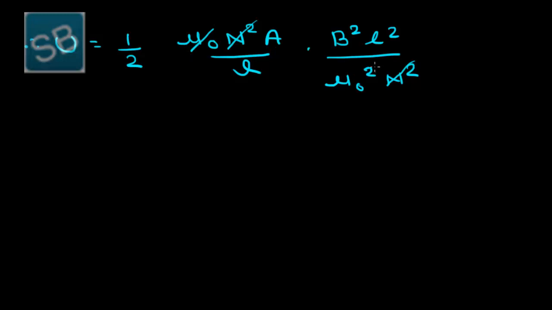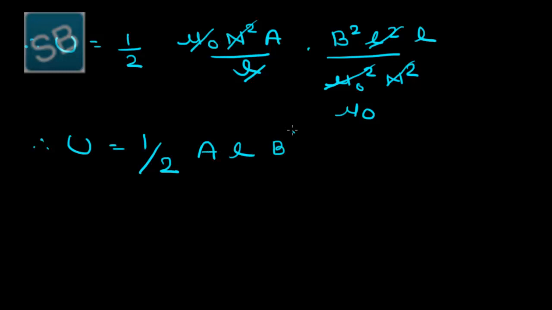Here mu 0 is remaining in the denominator. l is also cancelled out. So the final answer for potential energy U stored in the inductor is 1 by 2 A l B square upon mu 0. So, the energy density is given by